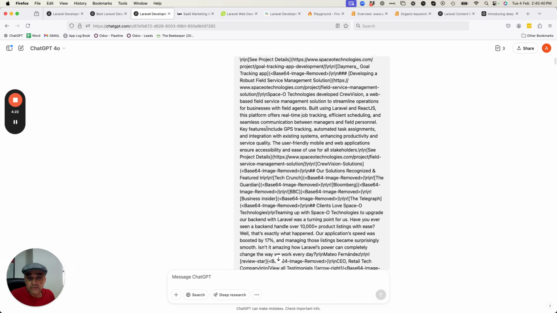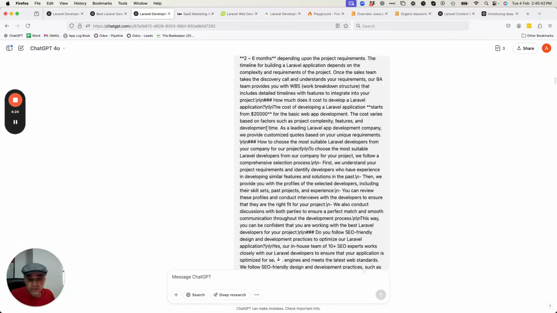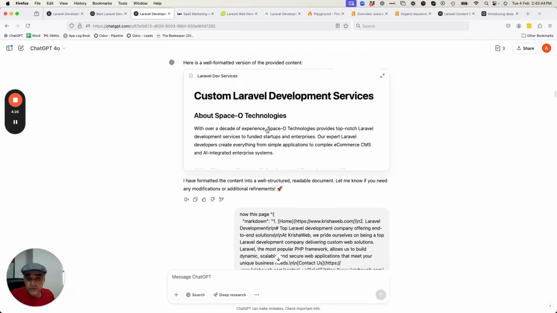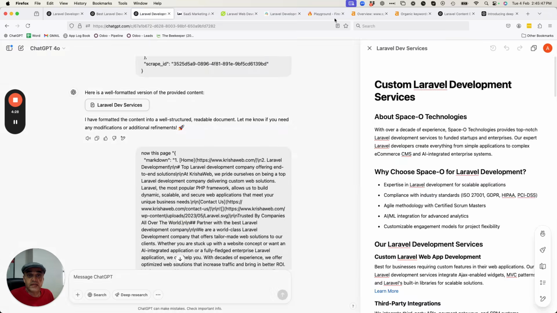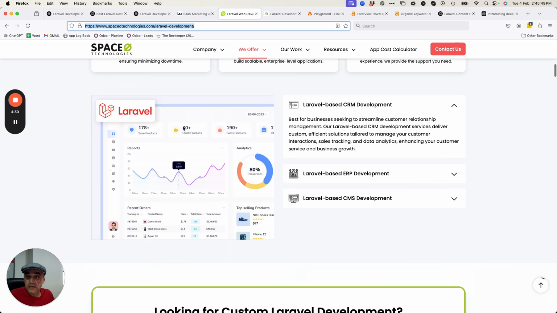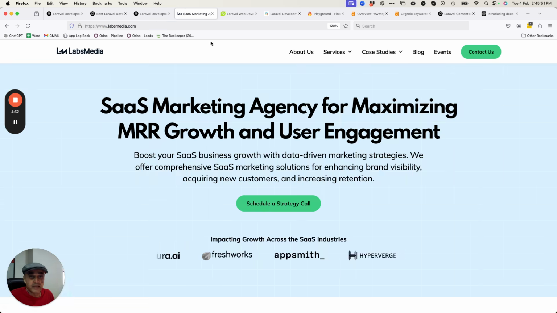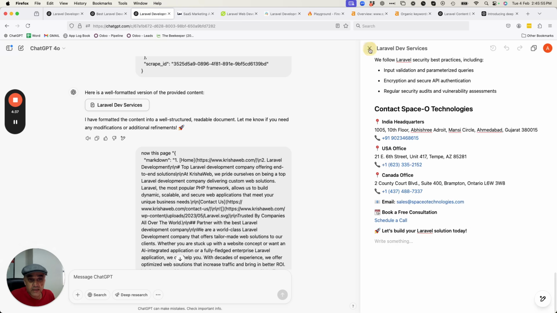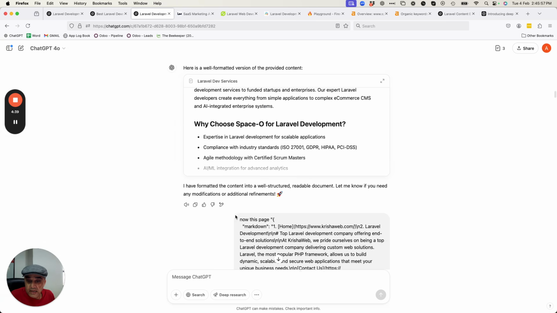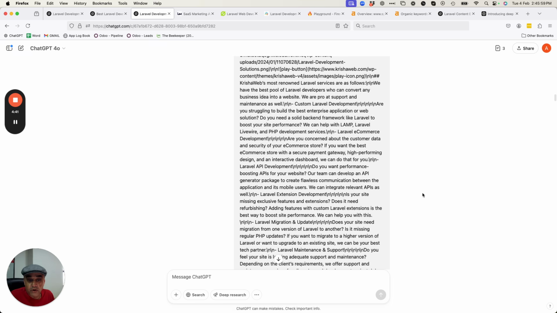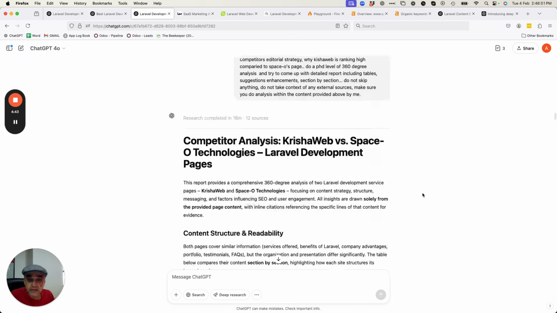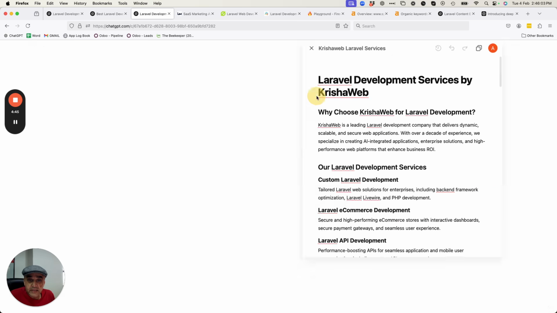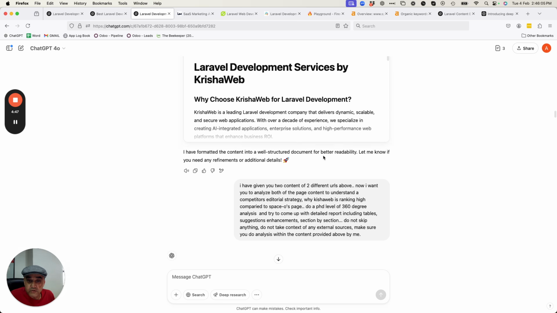And what it did for me, which is very interesting, is it showed me this page here, which is exactly what my page looks like, converted nicely to the page which I wanted it to read. Then I also gave it the other page, the competitor page, which I want to outrank. And it did the same thing for them as well. Good. So far now we have the content. I have given you two different content URLs. Now I want you to analyze both the pages,